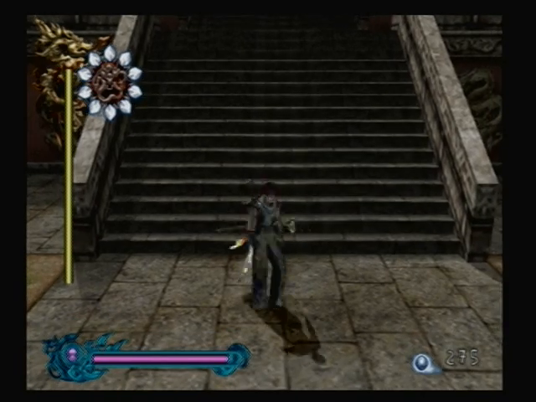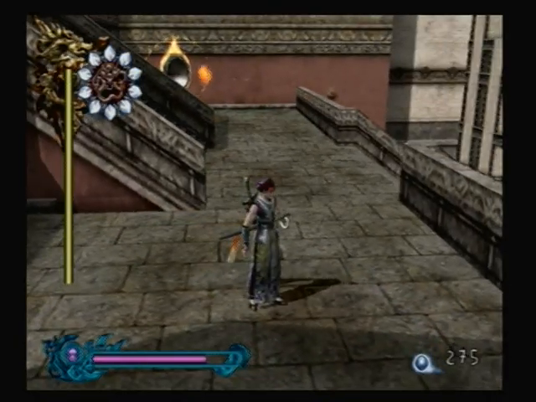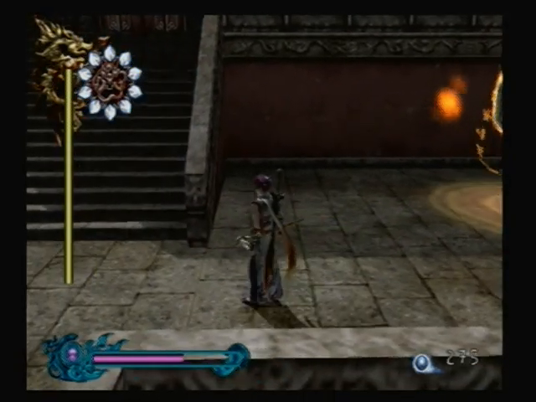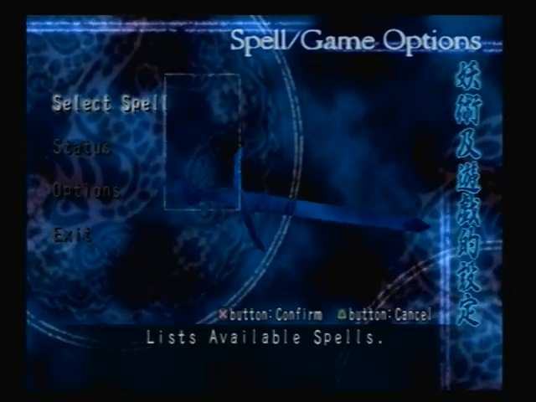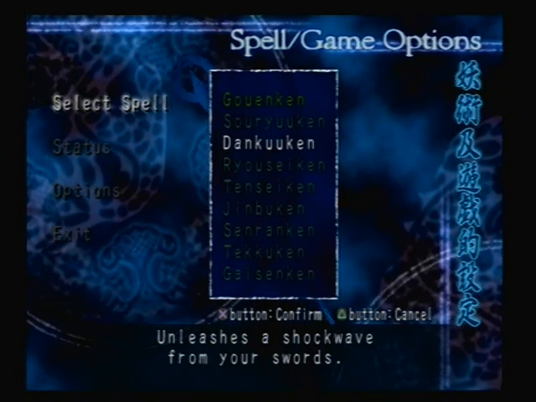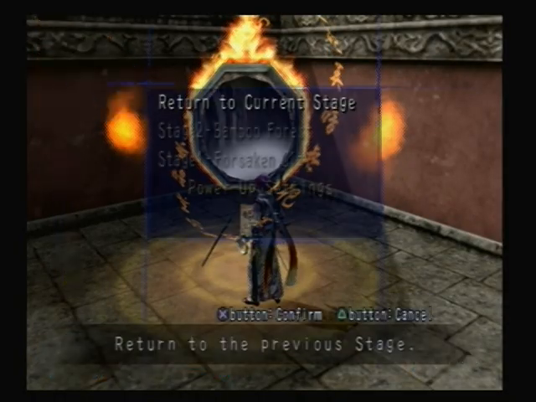As you can see, we're on New Game Plus, and I have a very large health bar, and I have a defense gauge up on the top left there. I'll explain that later. And then you have the magic bar, and they're all very full. When you start out, they're pretty small, but yeah. So, I don't know, let's use Guanken, I guess. I don't know, these have really ridiculous names. Dankuken, Ryusenken, Seiken, ugh. Crazy names that I can't pronounce for crap. But anyways,